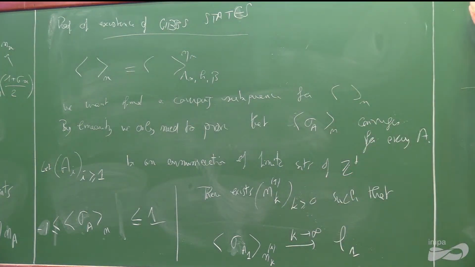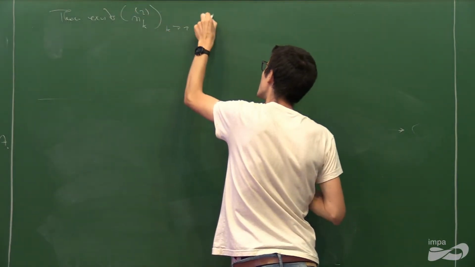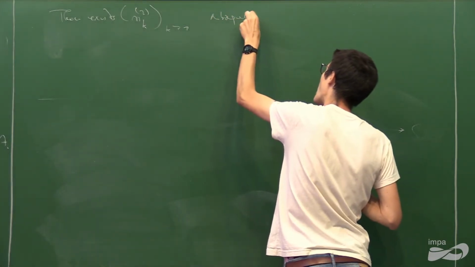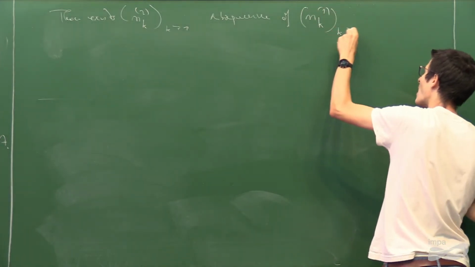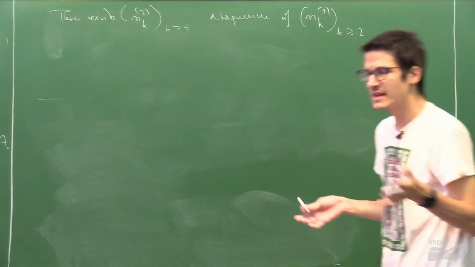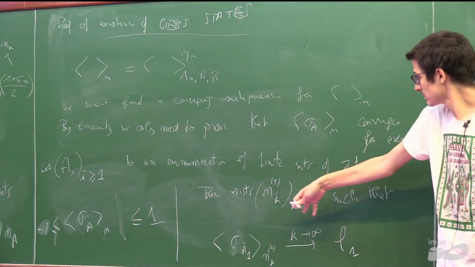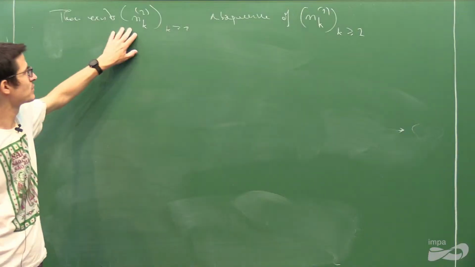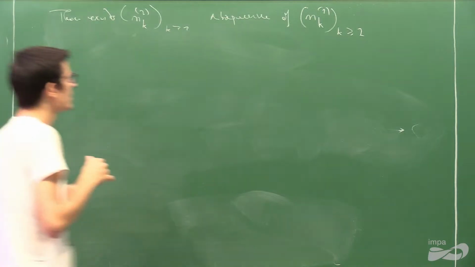So there exists N_k^2, a subsequence of N_k^1. N_k^1 is an increasing integer-valued sequence, and by N_k^2 a subsequence of N_k^1, I just mean that N_k^2 is also an increasing sequence, and the set of values it takes is included in the set of values taken by N_k^1, such that